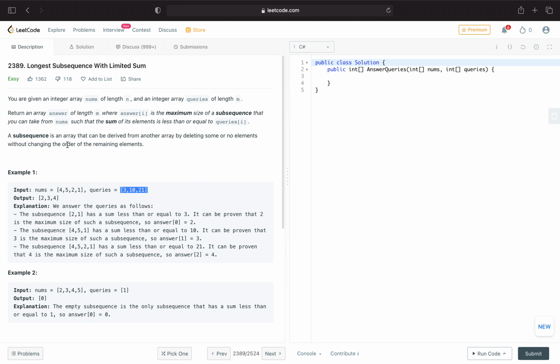A subsequence is an array that can be derived from another array by deleting some or no elements without changing the order of the remaining elements. Okay, when we look at this example, we have this one as an input array. Let me sort that one